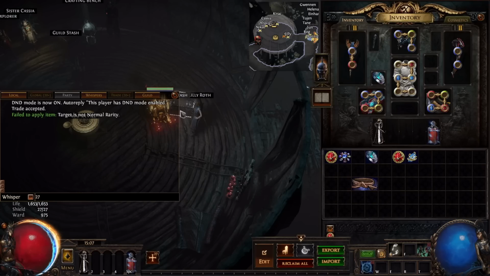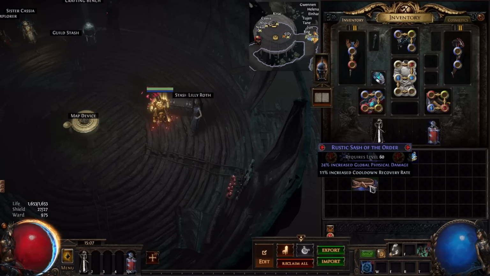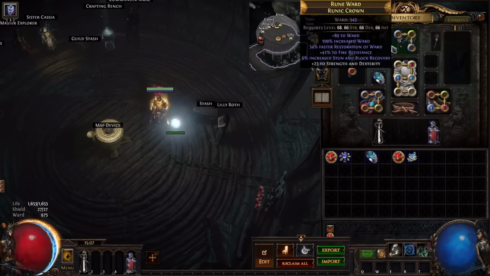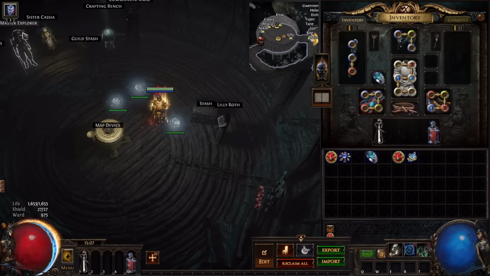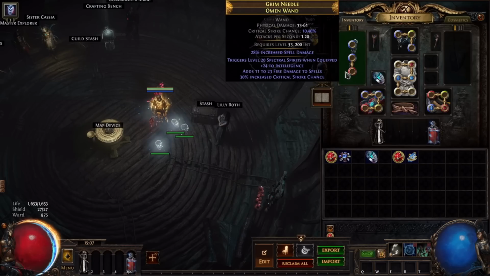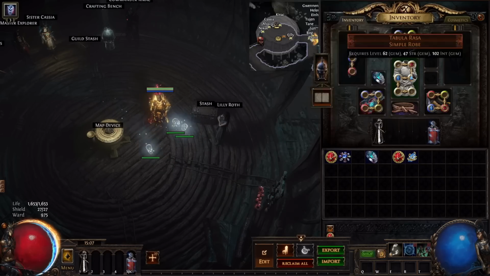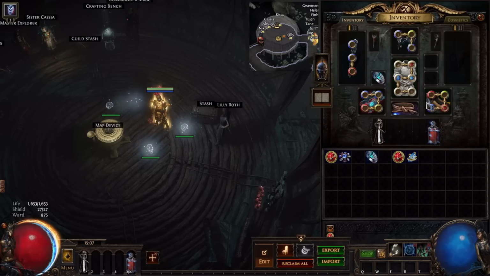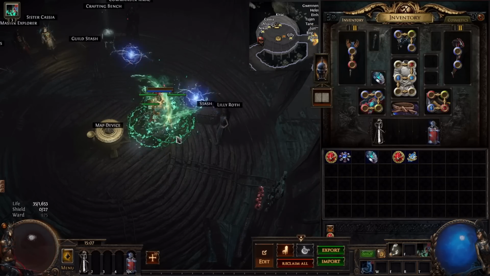So let's see now. Here with 11 cooldown recovery rate, when we swap our weapons, we trigger spectral spirits. As you can see, we have 3 minions, and when we swap again, it should trigger our summon skeletons and our ball lightning. So let's see.